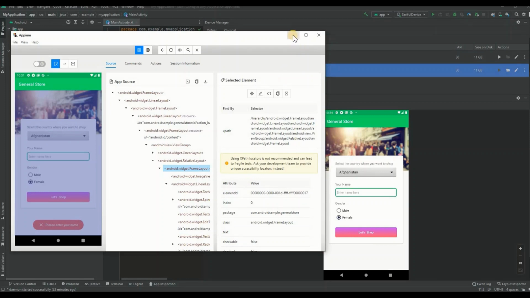Okay, let's see the scenario. It's the same scenario as in our previous lecture, where we did an exercise about selecting from a drop-down. From the static drop-down we selected Canada using the scroll, then we entered some name, selected female, and clicked on Let's Shop. That was the last scenario we did in our last lecture. In this lecture we're going to do exactly the same,